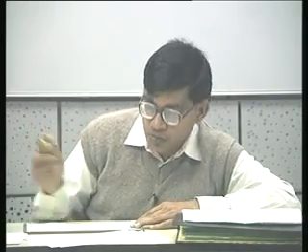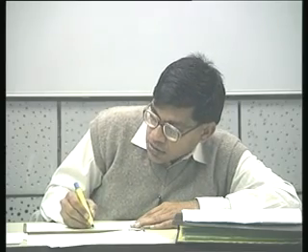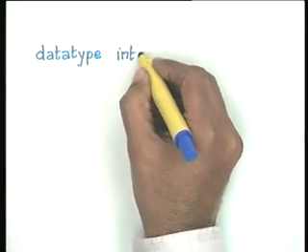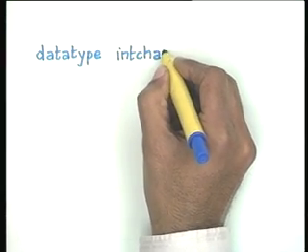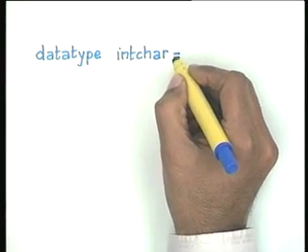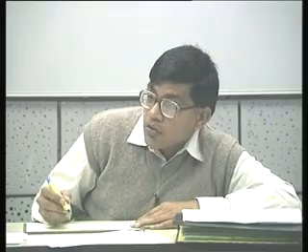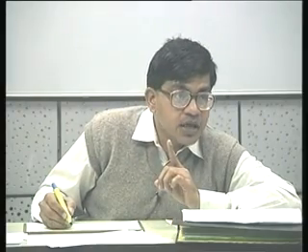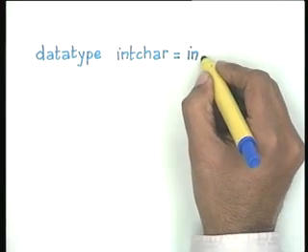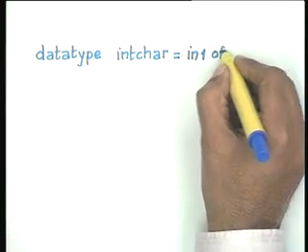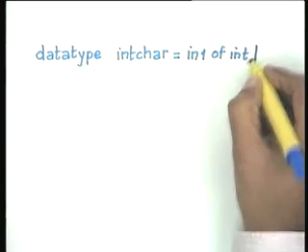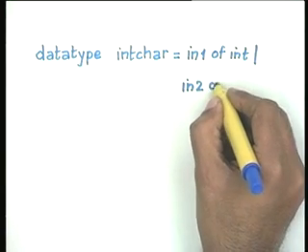By a data type we mean a set equipped with its operations. So, the integers are not just a set, but they are a data type which have associated operations with them. So, you could define a data type like this. My ML syntax is also quite informal, so I do not guarantee that all this is compilable. So, you actually define the injection functions in ML. You would define something like in1 of int, in2 of char,